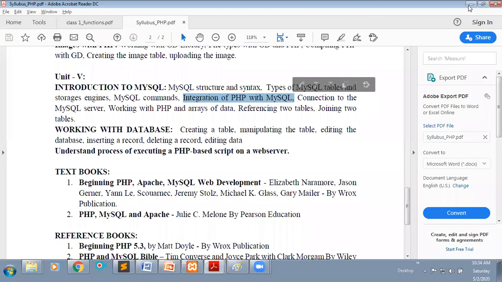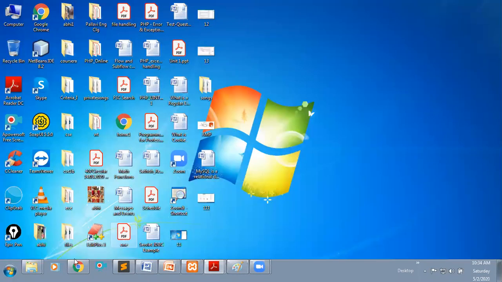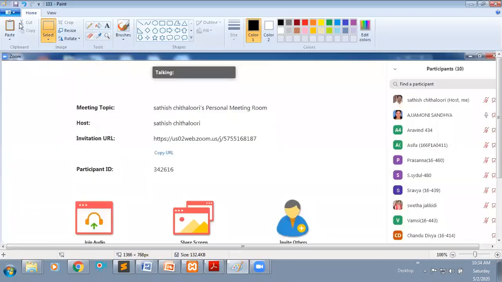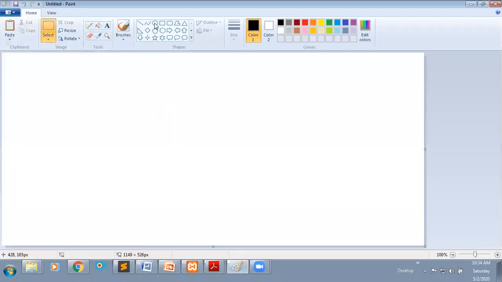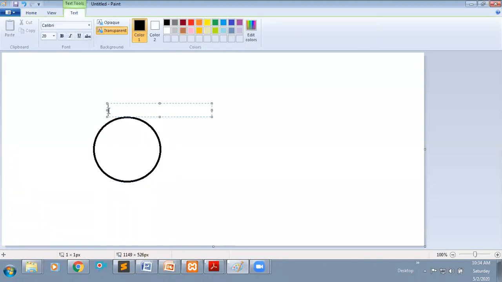See, if you consider any website, what happens internally? I will show. If you want to access any server, what do you generally do? First, you go to a browser, any one browser.